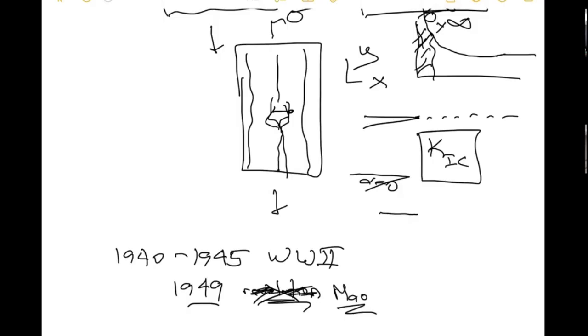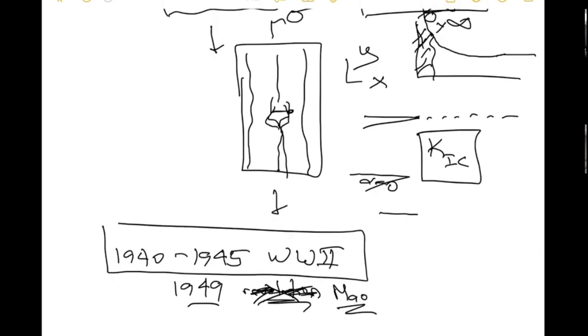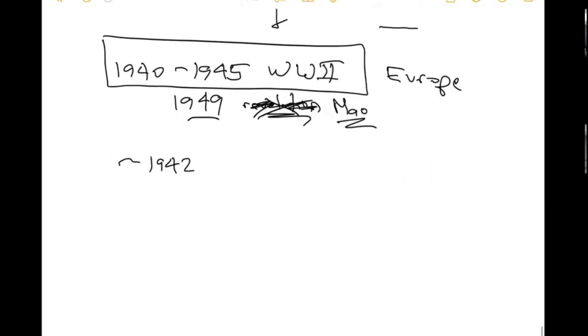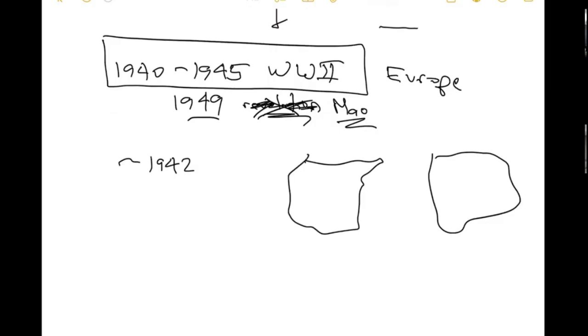Okay. Well, let's go back to this period. A huge World War. The war started in Europe. It took many years until the United States got involved, maybe 1942. So here's Europe, here's the United States, here's the war. We had to send all kinds of material across the ocean very fast to support the Allies, like Britain, France.